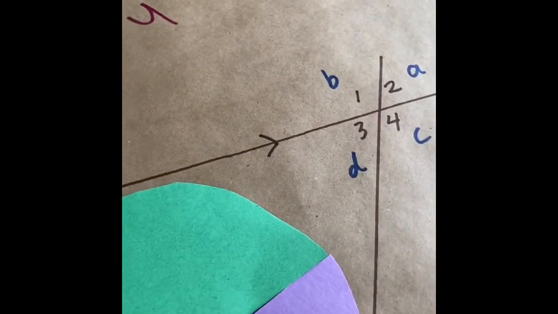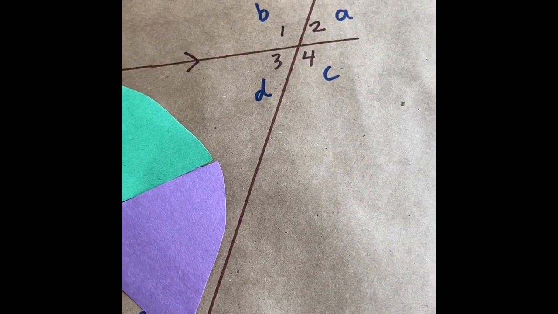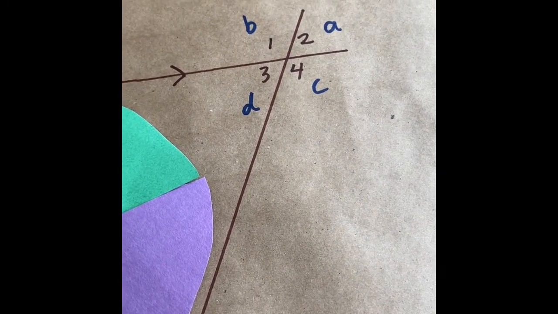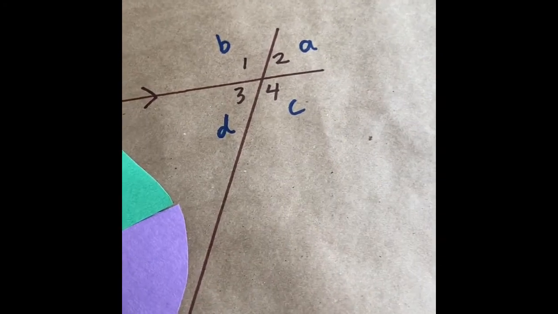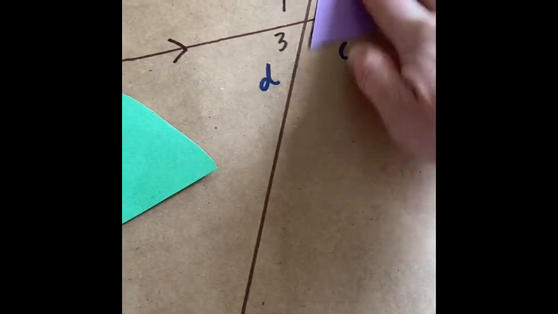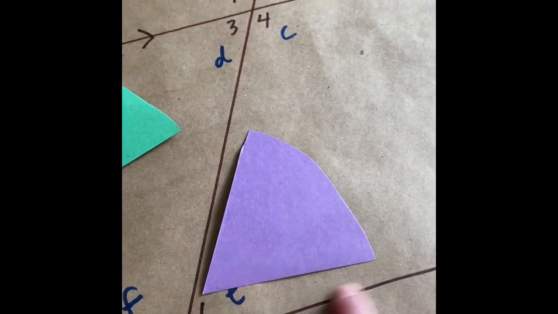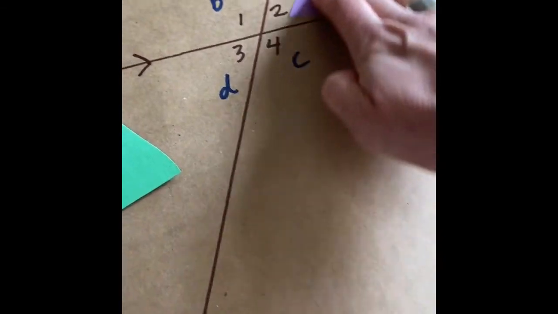Here we go. So I have, I'm trying to see here. Oh, okay. I have this one on top. And this one is also on top. If they're both on top of the letter F, then they are both going to be the